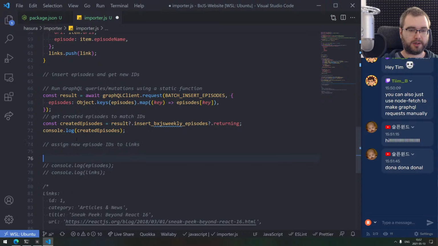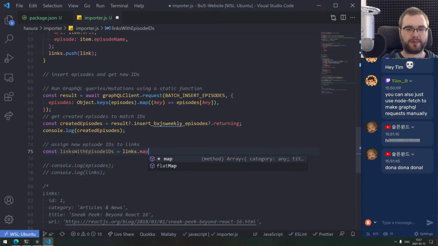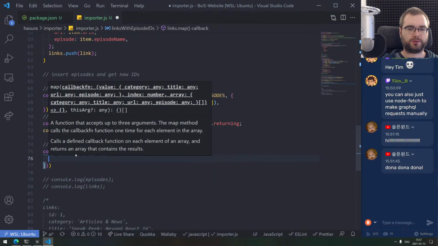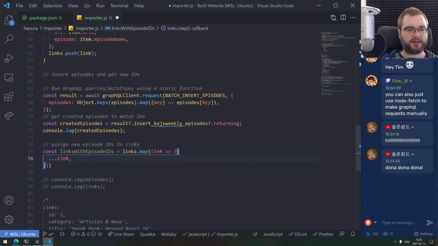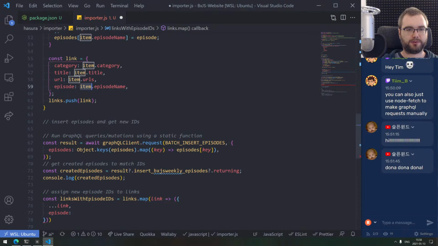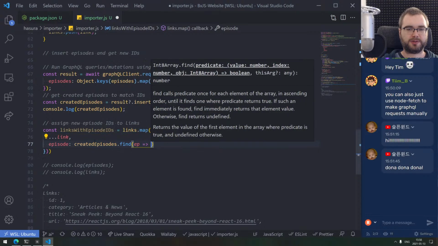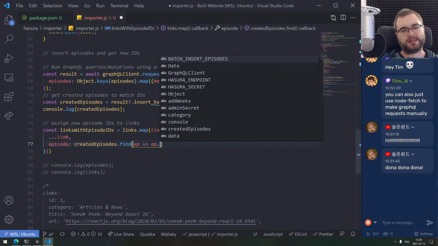Assign, come on. All right, so const links with episode IDs, let's call it this way. We're gonna do links map, so we get a link. And what we're gonna do is take the whole link and say episode, instead of episode name, which we have there right now. What we want to do is say created episodes find episodes, so that episode